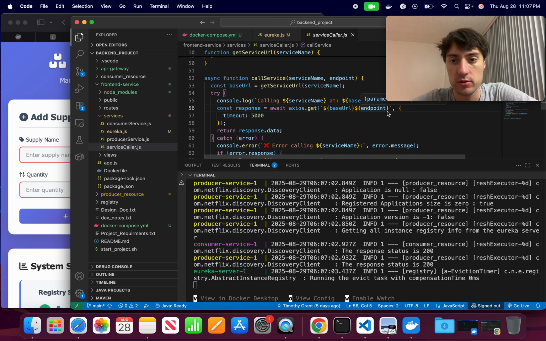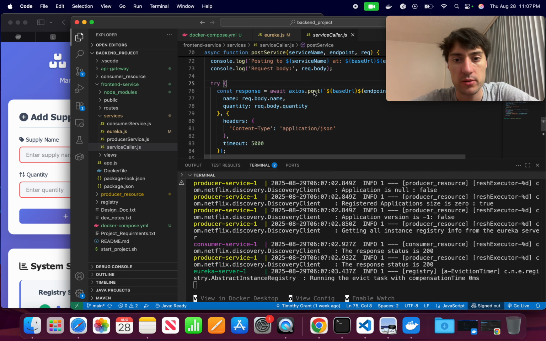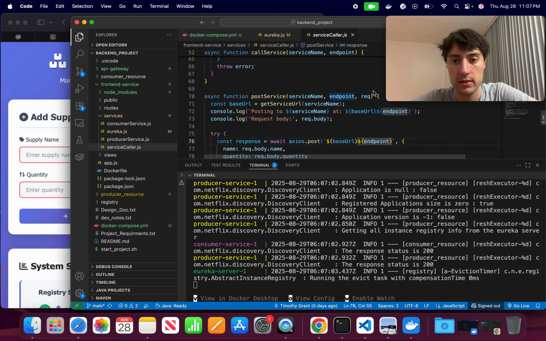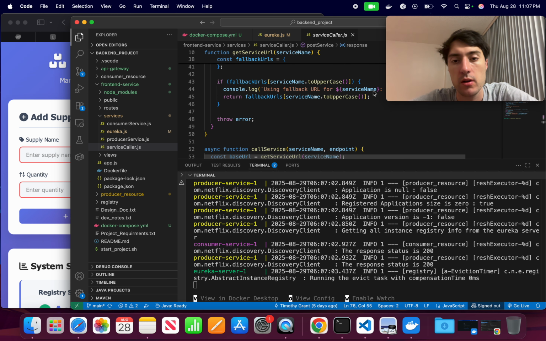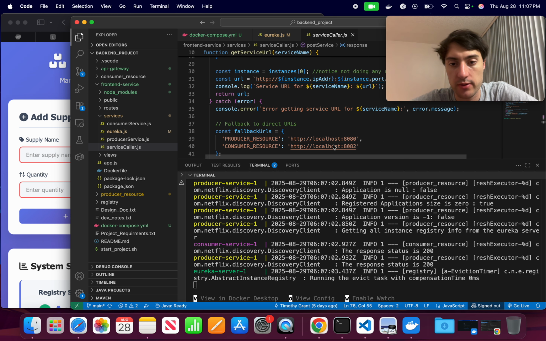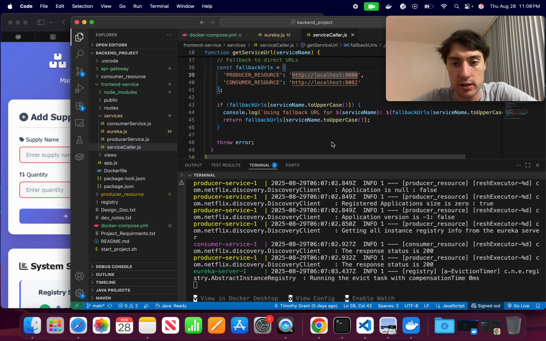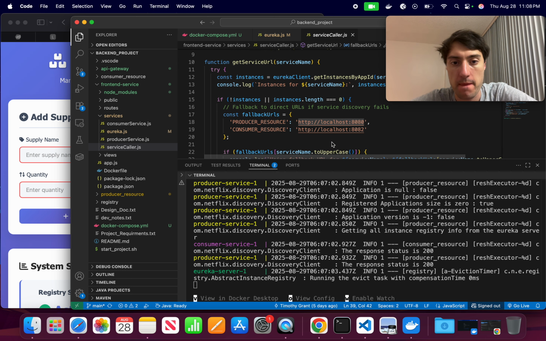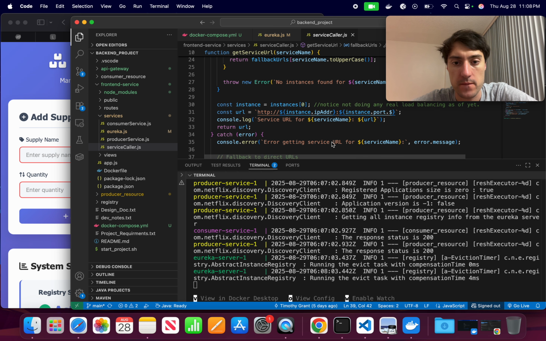So here's where it's going to be sending those GET requests right here. Here's the POST one. But we can't find its name here. I'm going to guess that if actually I change this here,